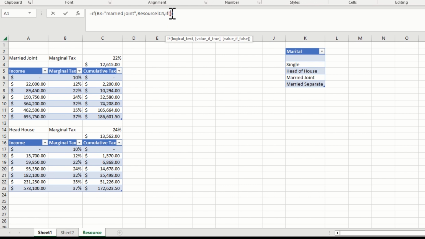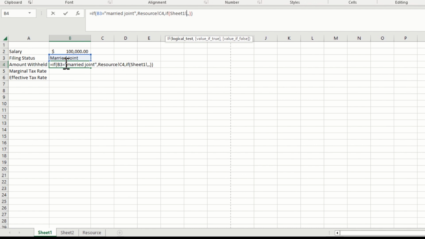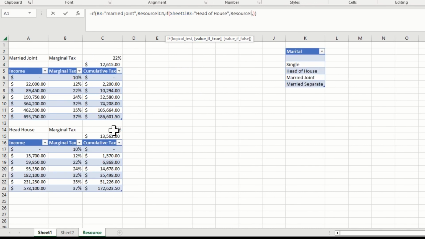again, comma, comma, the logical test. So if it's false, what we're going to do is then do if this cell equals head of house, the value if it's true is going to be this number. If that's false, then we're just going to say select marital status. So what we're doing is we're creating an IF statement that's going to say,